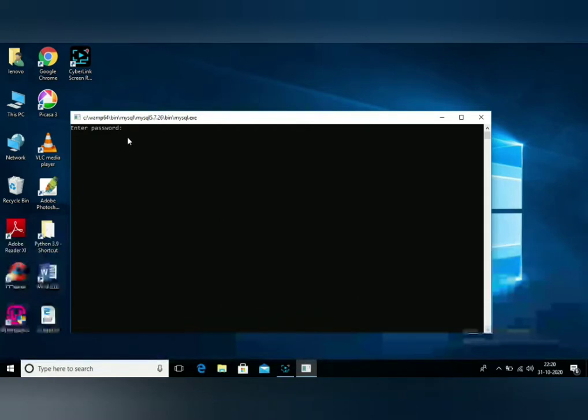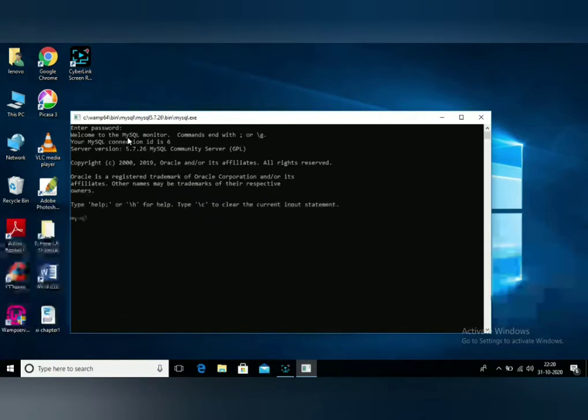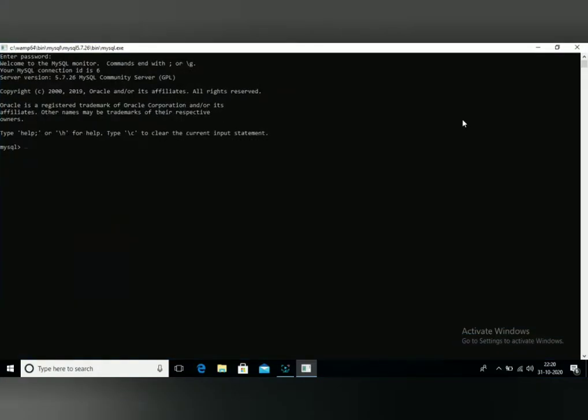Now another dialog box asks you to enter a password. Here there is no need to enter a password. You simply press the enter key. Now you get your MySQL prompt. So first you install MySQL, then we click the W icon. The icon is in green color. Suppose the icon is in red color, it means you have some mistake in your installation. So you click this W icon, then we select MySQL. In this MySQL, we choose the MySQL console. See the screen. Now our MySQL prompt is displayed on the screen.